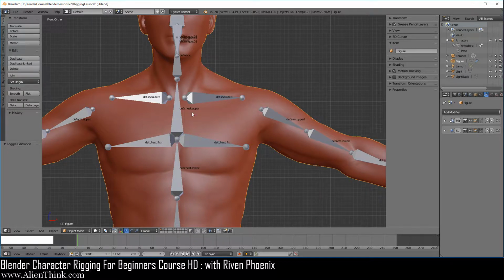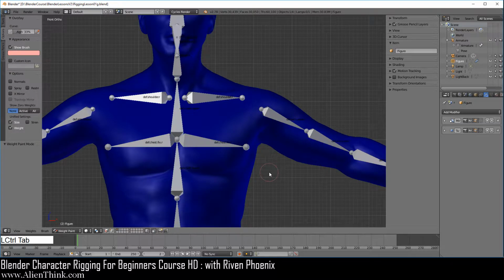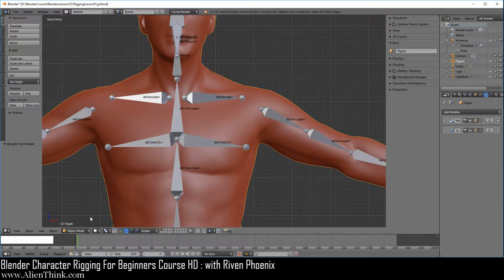Now, you want to start taking notes here because this can get a little confusing. Now, when we are in object mode and when you do Control Tab, it's going to switch to weight paint mode. That's its default behavior. When you do Control Tab, it's going to switch back to object mode. So if you want to switch between object and weight paint, all you have to do is Control Tab.